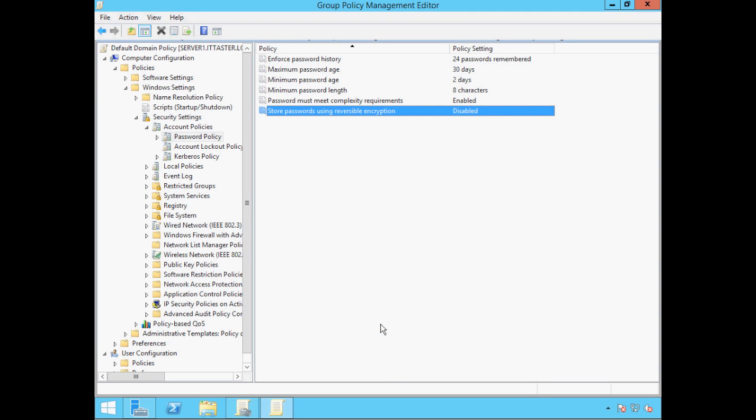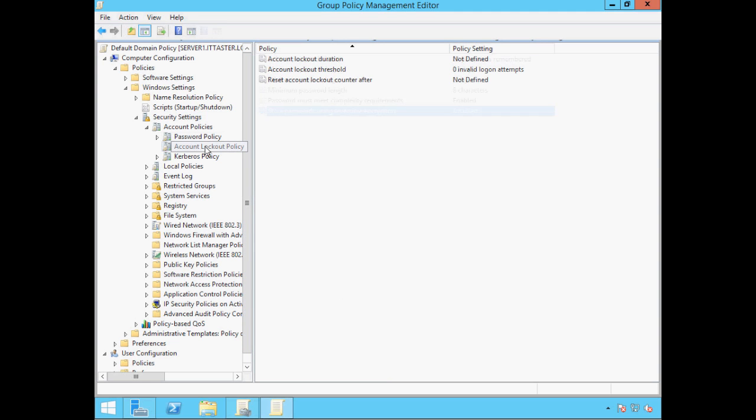Let's move on to account lockout policies. Click Account Lockout Policy and we can see our account lockout policy settings. Account lockout policies provide additional security when implemented with password security policy settings. Account lockout policies can be used to lock user accounts if an incorrect password is entered. They help prevent attempts to guess passwords, particularly those using automated tools to carry out brute force attacks. Okay, let's start with the account lockout threshold policy.